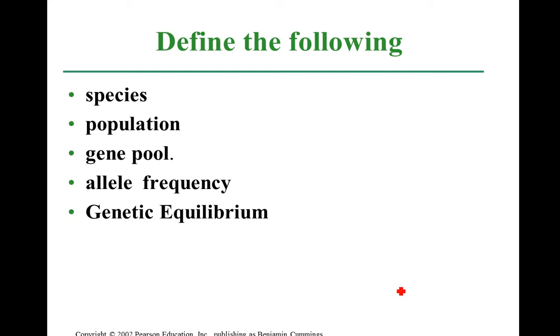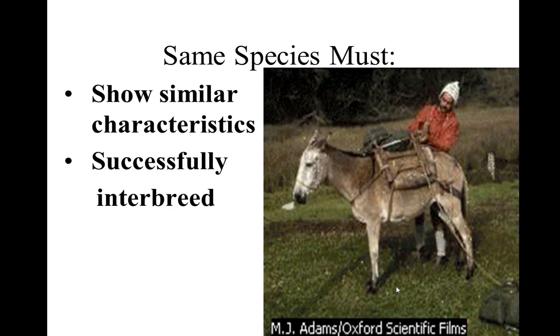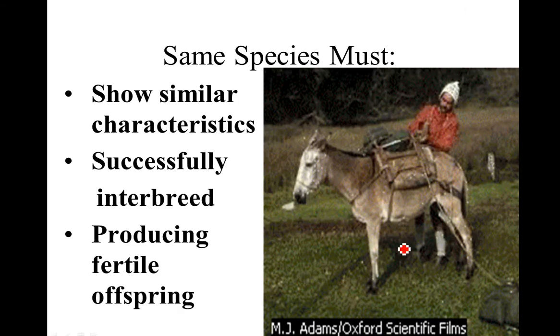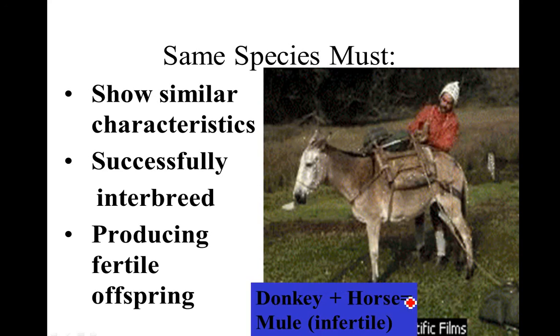So let's start first with species. This is bare bones definitions. Species means that they have to be able to produce offspring. They can breed but must produce offspring. This is why a mule is not considered the same species as anything, because it's infertile. But it also shows that the donkey and the horse are not the same species. They're more closely related, but this post-zygotic barrier prevents their offspring from having children. There are pre-zygotic barriers, and I'm going to go into that in a different video.